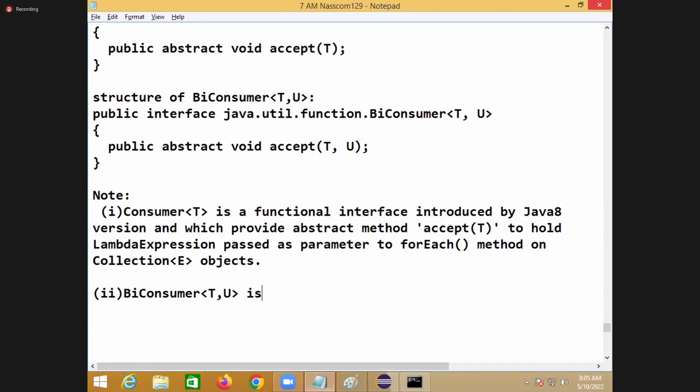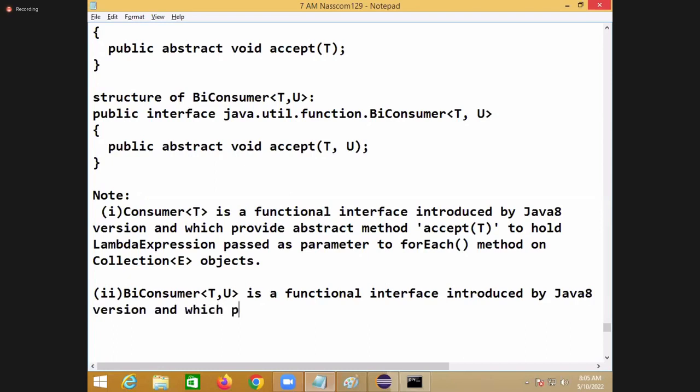BiConsumer is a functional interface, a functional interface introduced by the Java 8 version. And which provides,